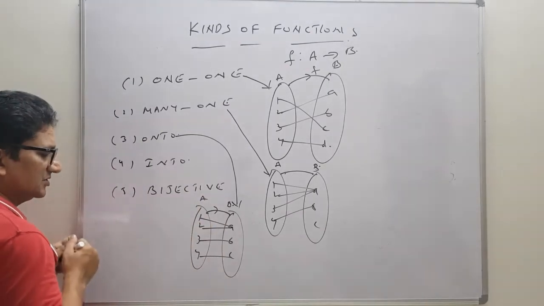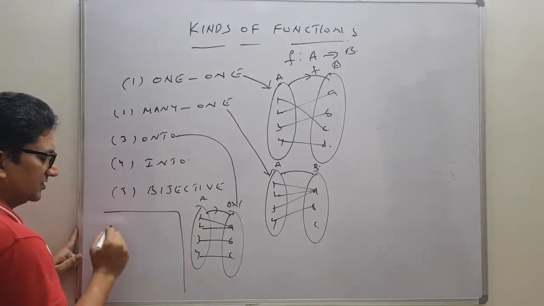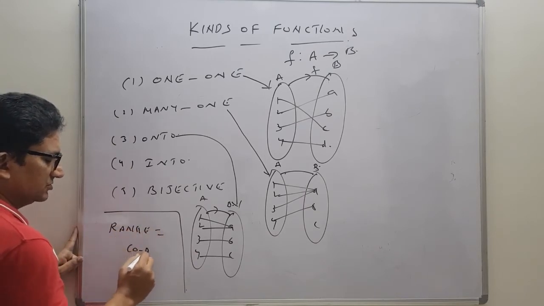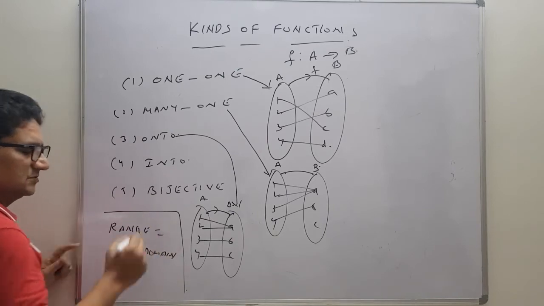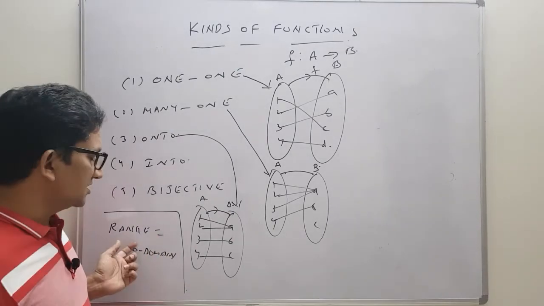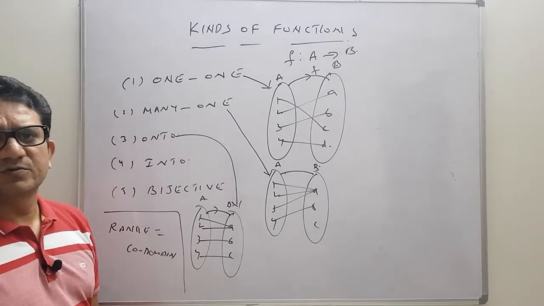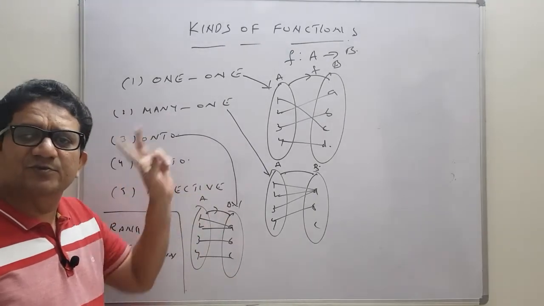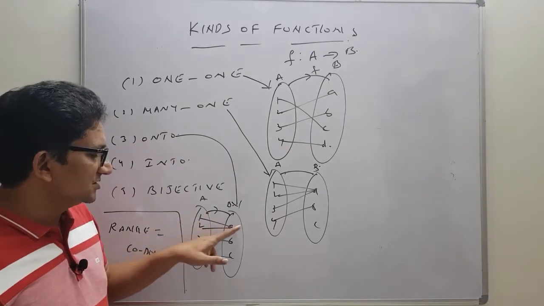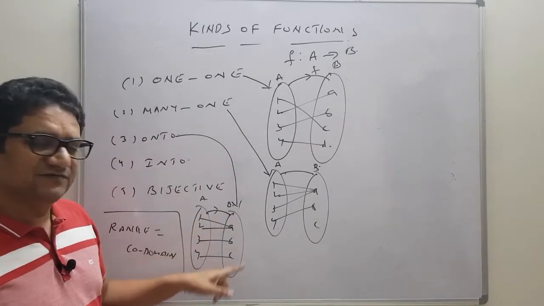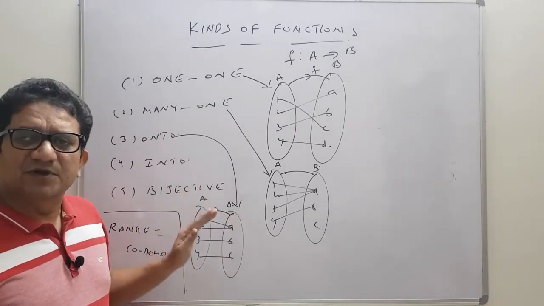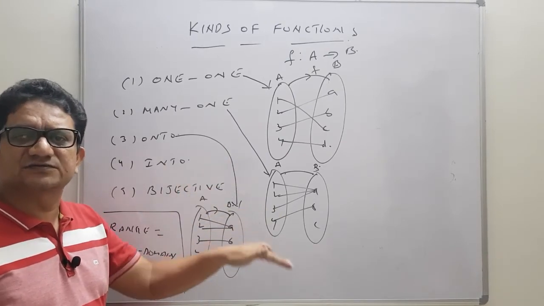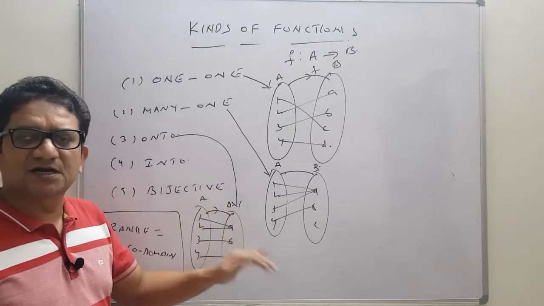Here we can observe one thing clearly. For onto function, range is always equal to codomain. Exactly equal. Range is always equal to codomain, then the function is said to be onto. This is the example for both actually. Two elements are having the same image and nothing was left in set B. That's why we can call it many-to-one and onto. Like this also it happens. Combination-wise the functions will come. So it is many-to-one and onto.